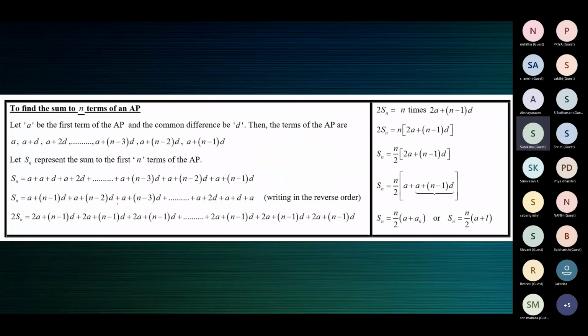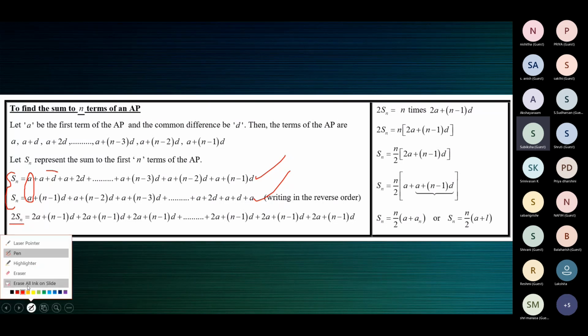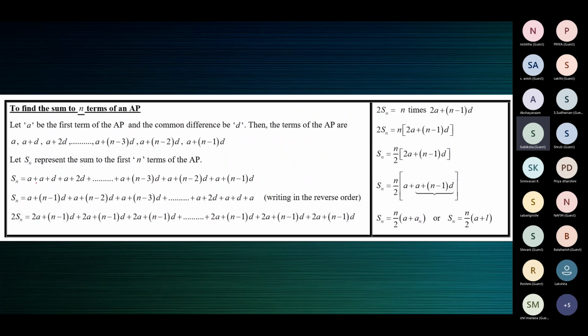This is finding the sum forwards. This is finding the sum backwards. So when you do that, you're finding twice the sum. So twice Sn, you're adding these two. So twice Sn is equal to, see it, add the first two terms you see here, A plus A. I'll use a bracket so that you can see it yourself.